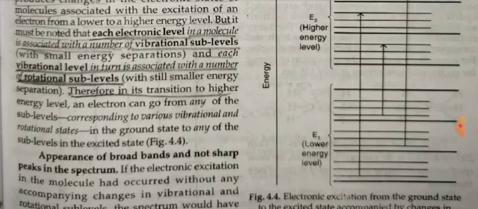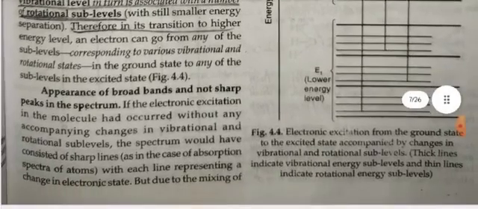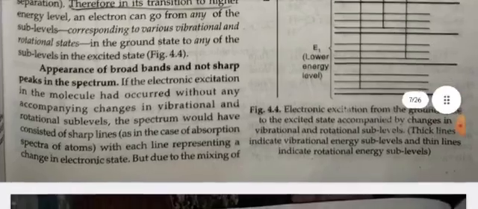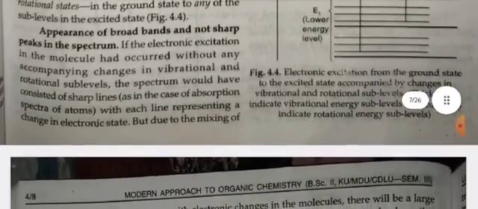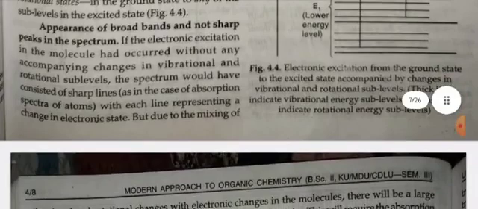Therefore, in its transition to a higher energy level, an electron can go from any of the sublevels corresponding to various vibrational and rotational states in the ground state to any of the sublevels in the excited state. Appearance of broad bands and not sharp peaks in the spectrum. If the electronic excitation in the molecules has occurred without any accompanying changes in vibrational and rotational sublevels, the spectrum would have